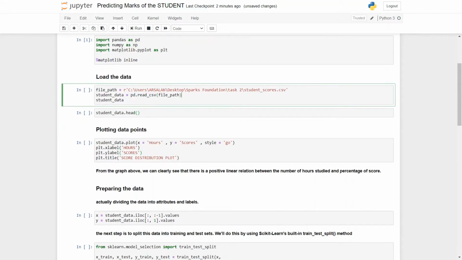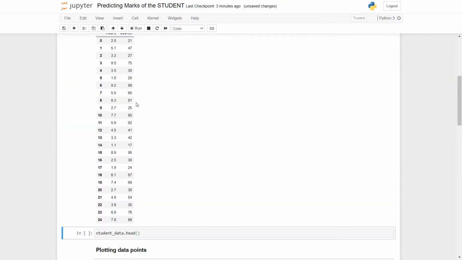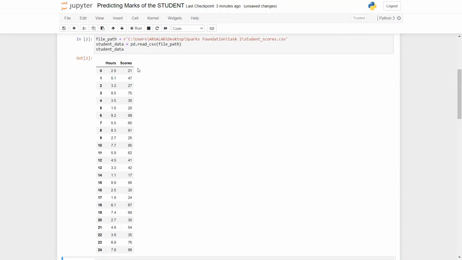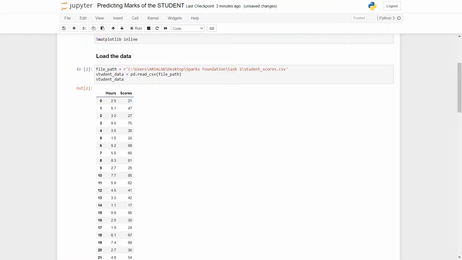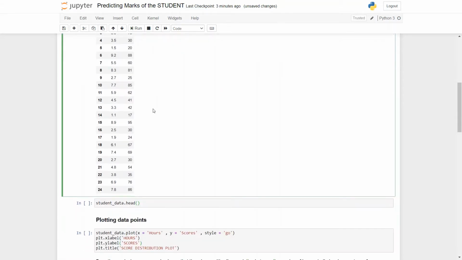To display the file, we can directly write the name of the data frame. Let's run the cell now. So what we observe here is the data frame, the table including the hours and scores. The student scores file has been loaded.